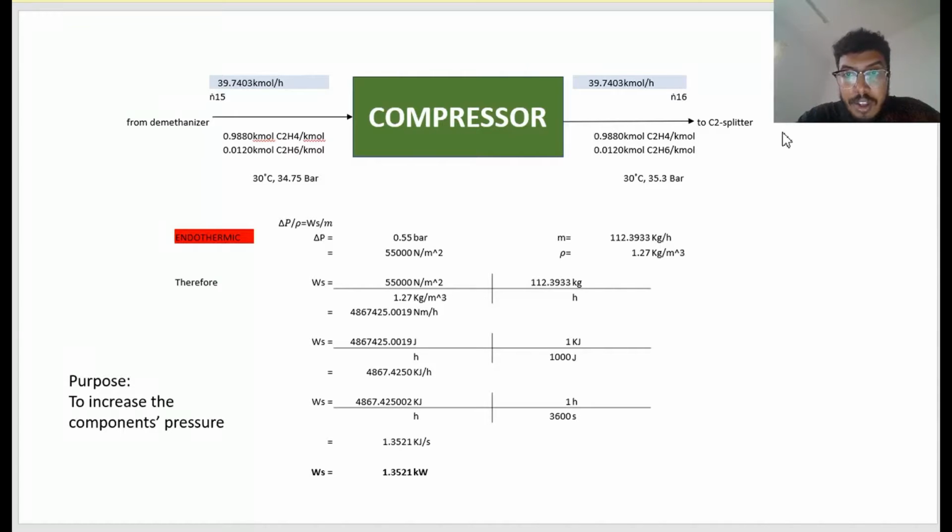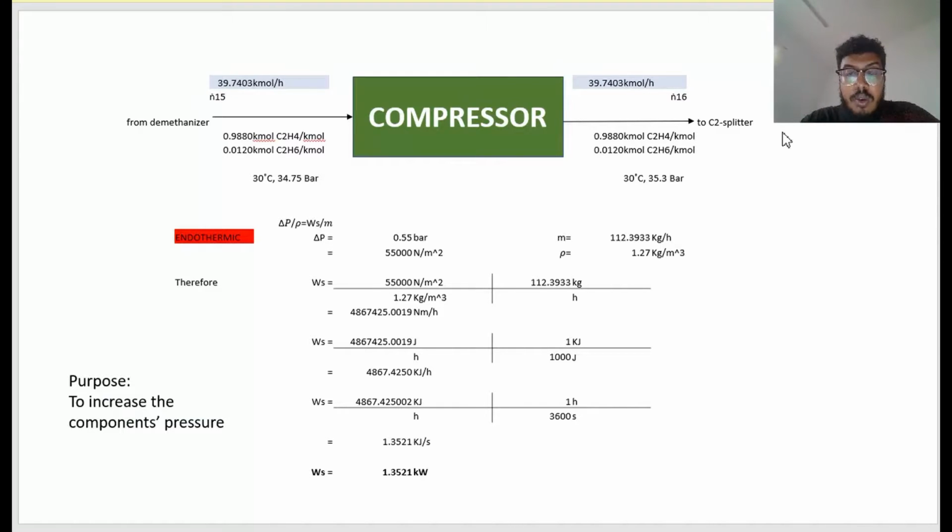So we have our feed of 39.7 kilomole, and the output is the same, 39.7 kilomole. The idea of material balance is basically input equals output. As you can see, there's no change in the mole fractions of ethylene or ethane, the ones that come from the demethanizer, or as an output to go to the C2 splitter. Input equals output, non-reactive